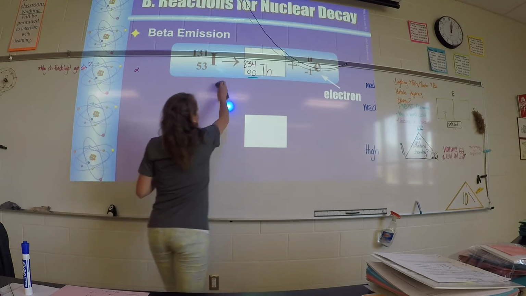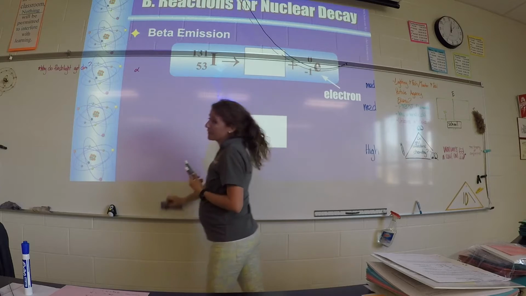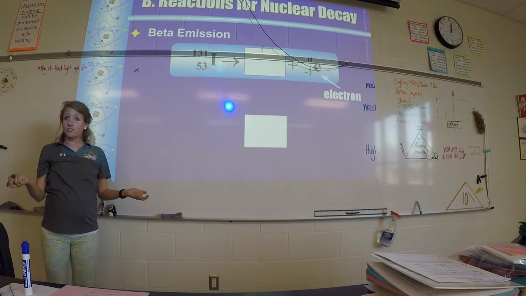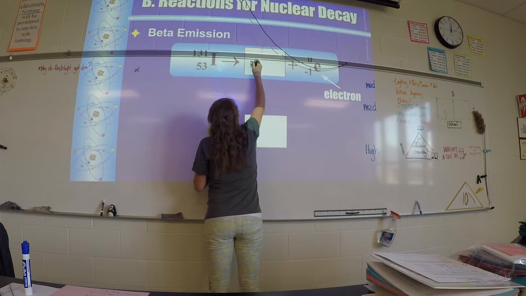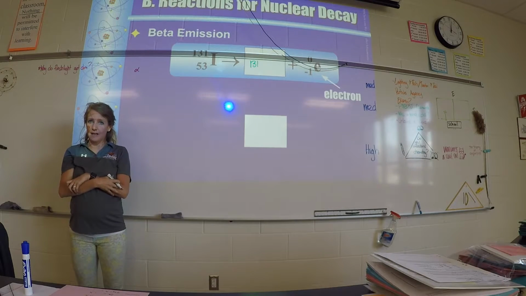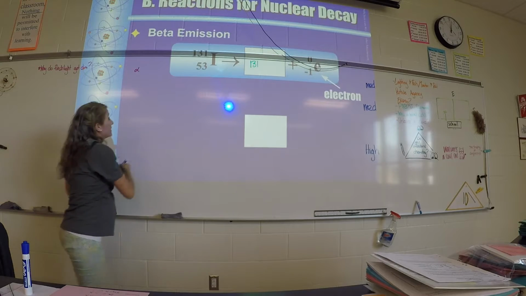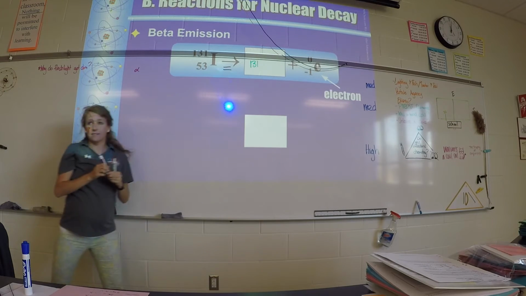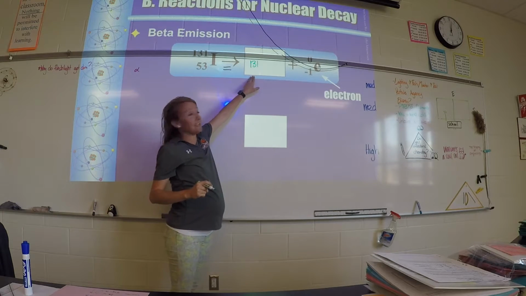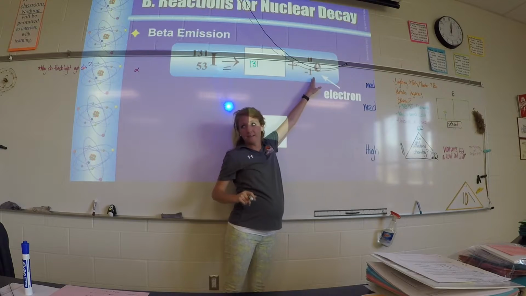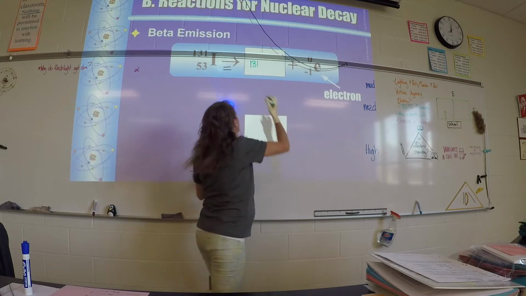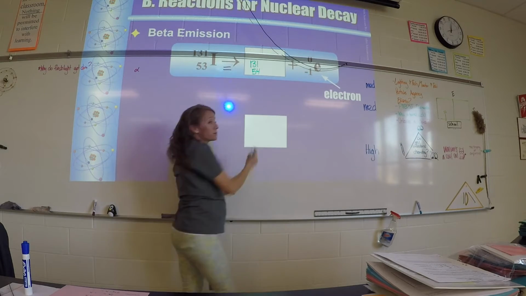Okay, so our next one is a beta emission. Follow along with me here. Focus on the top number, 131. It kicks out a beta particle. Does the mass change? No, the mass doesn't change. But now be careful with the bottom number. Think of your arrow as an equal sign. So this says 53 equals something plus -1. What plus -1 gives you 53? 54. Good. Don't be tricked because the number actually goes up.